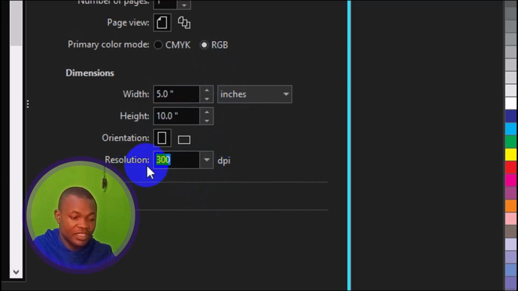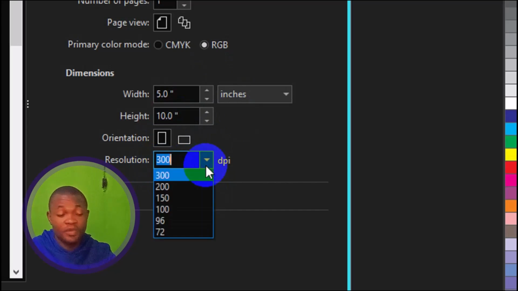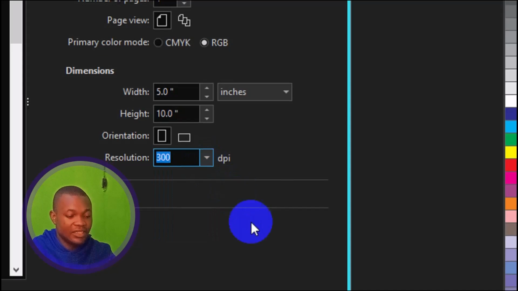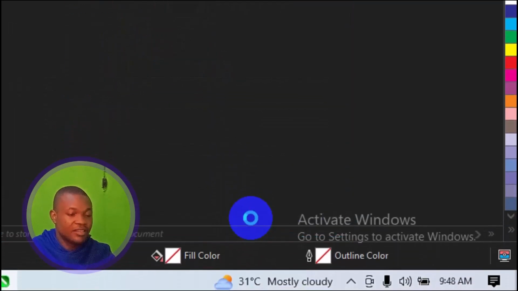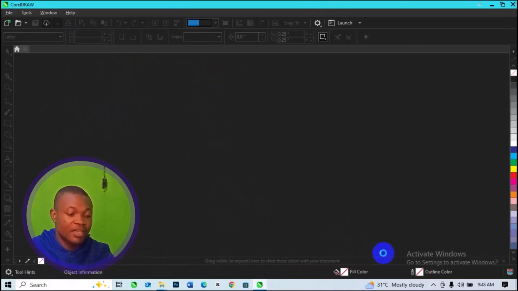Then the resolution of the design. It is always recommended that you put your resolution at 300, most especially if you are printing the design. So select 300. Once you are done, then you are good to go. Come down below right there, hit OK, and in a few seconds, the page is going to be created